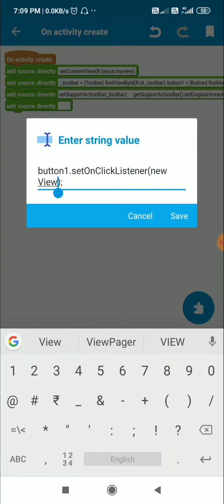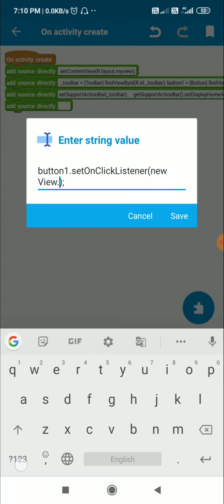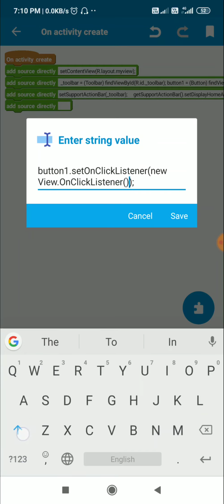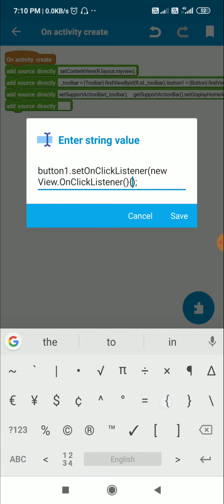Now inside this I will write new View.OnClickListener, and then there will be curly brackets.